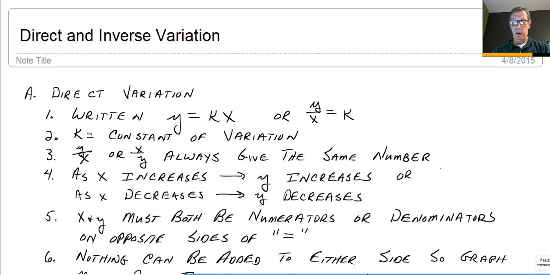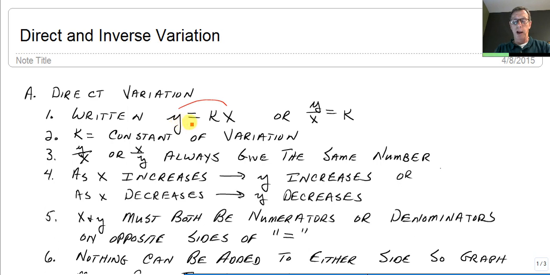This video is about direct and inverse variation. And what that is going to tell us is how the y value and the x value relate to each other. And when we use direct or inverse variation, we're going to have some value k, which is called a constant of variation. And for direct variation, the way that's written is, you notice that I have y, which is